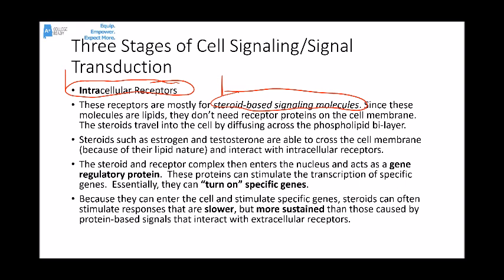Steroids are a good example. Estrogen and testosterone, the two we talk about the most. So they bind with an internal receptor, an intracellular receptor. Together, that receptor and that steroid then go through the nuclear membrane. They bind to specific genes within the nucleus and essentially cause those genes to be transcribed. In effect, they're turning on the genes. They're acting as transcription factors.